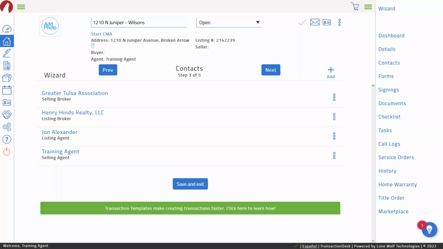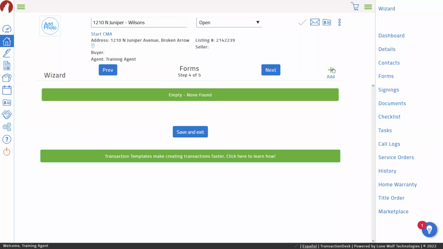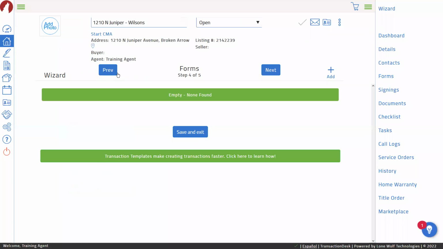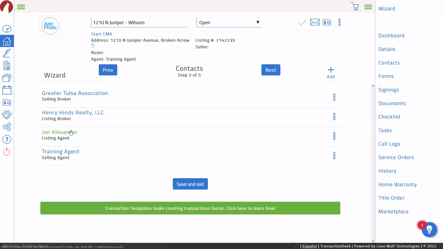So for instance, and this was actually a question that Rhonda had asked during our break, I wanted to make sure everybody was aware of this as well. When you have created a transaction based on another listing, a listing that's not yours, it'll import all of that information over. So when you get to the forms and start putting in the offer letter, whatever the case may be, it'll automatically have the agent's information, so when you're ready to send that offer to the agent, you just send it on to them.